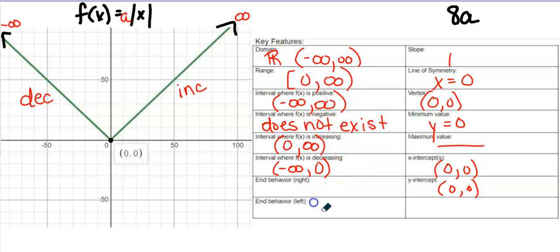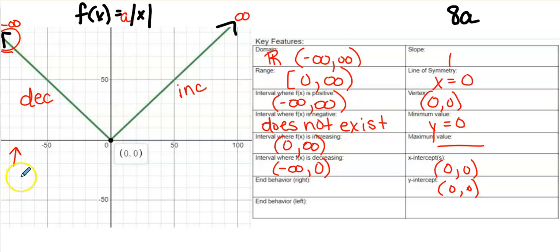Okay, end behavior. This particular chart always asks for the right end behavior first. I like to go left to right, but that's just me. So I'm going to do the left end behavior first. Look at the left side of the graph, which is over here. I want you just to look at the left arrow. That's all we really need to look at. We need to determine whether it's pointing up or down and then left or right. So it's pointing up